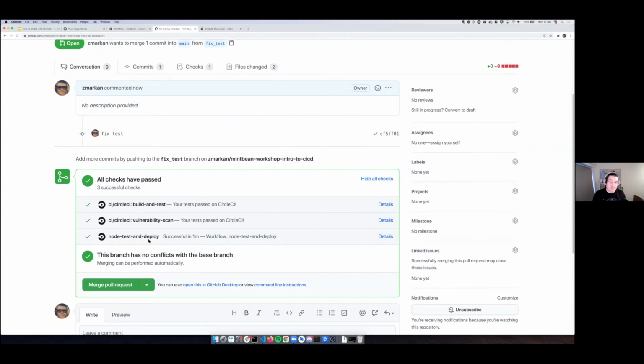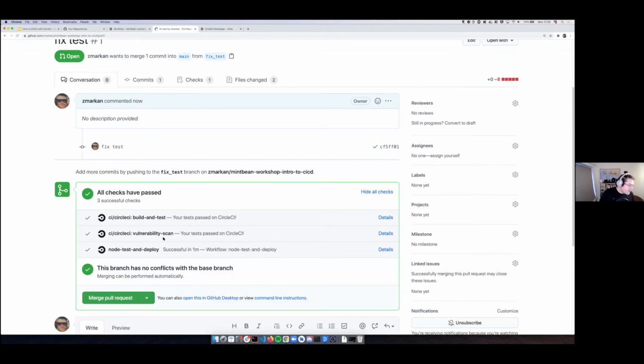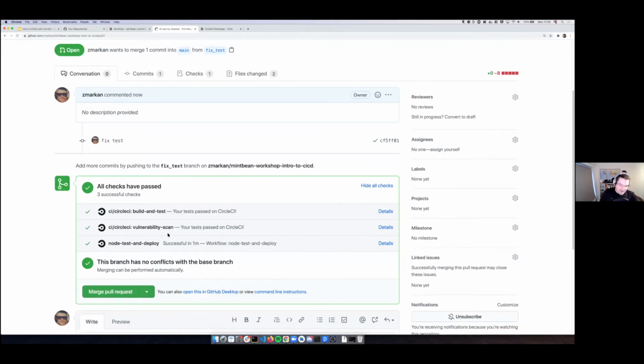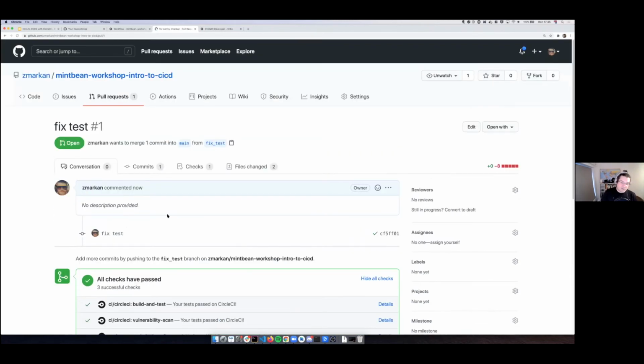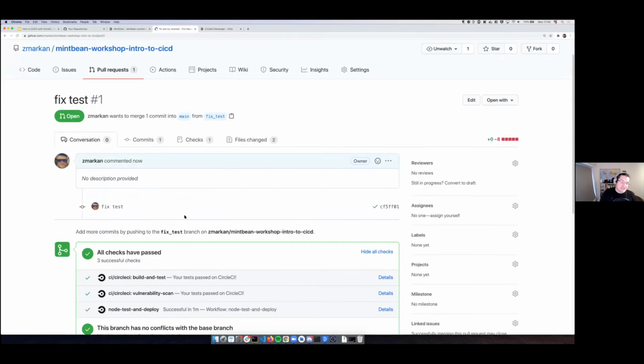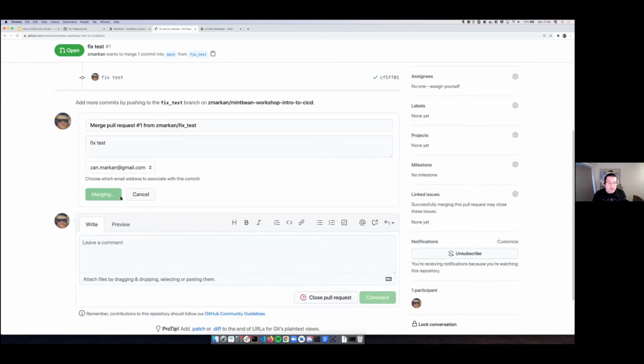So a reviewer, if I were a reviewer, could see that all the stuff is passing or it's not passing. You don't even need to look at the CI to see that something has been successful, or it's telling you maybe you should wait because you want to wait on this to give you the result. You can merge,